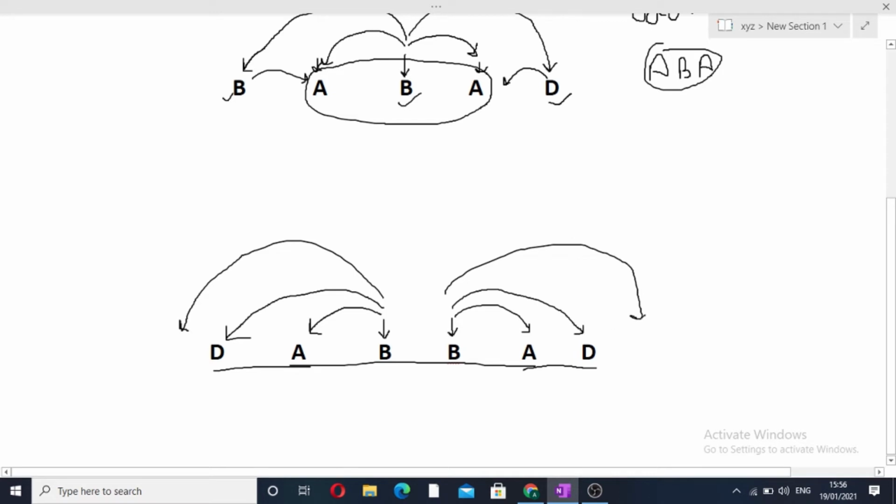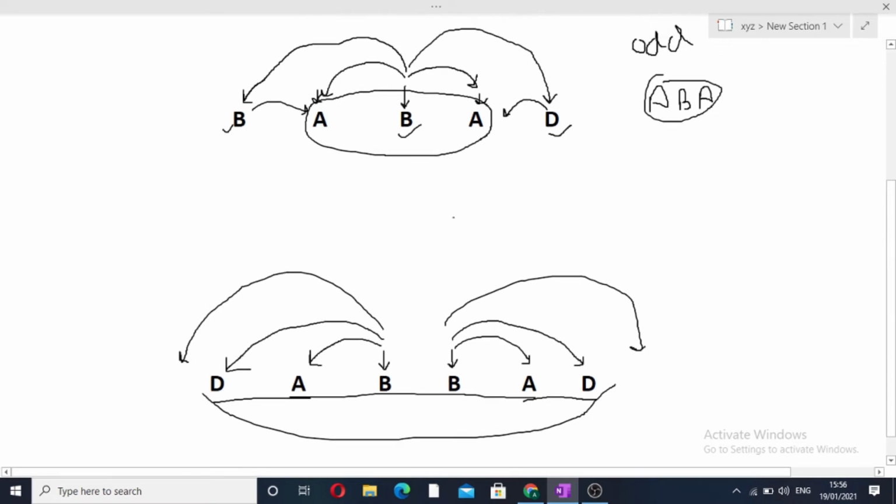But we can see that there are no variables at either end of the string. So this is our breaking condition. So the maximum length of even length palindromic substring which we can find using this b is this substring, that is DABBAD.